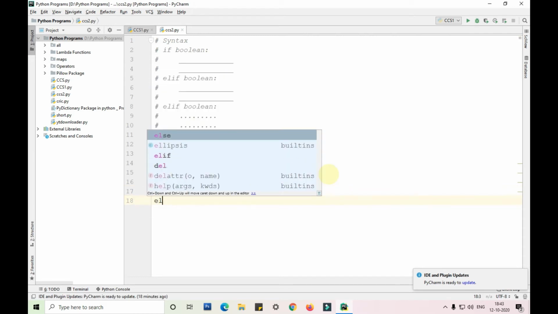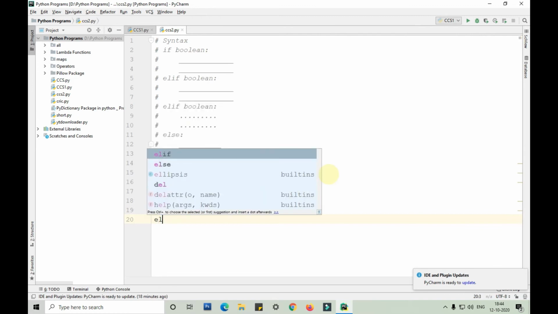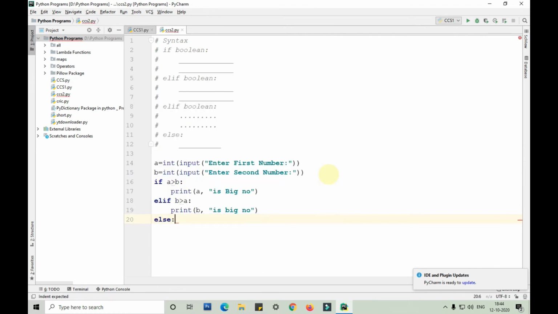Elif b is greater than a, print b comma is big number. Then else,